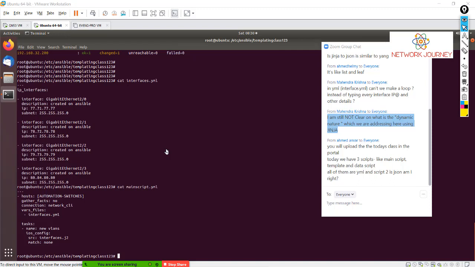So I understand that we are writing it in block-based code, which is good. In the very beginning of the Ansible course, you mentioned that we can write the code and put some tags, and if you invoke, for example, the OSPF tag, only the OSPF code will be executed.